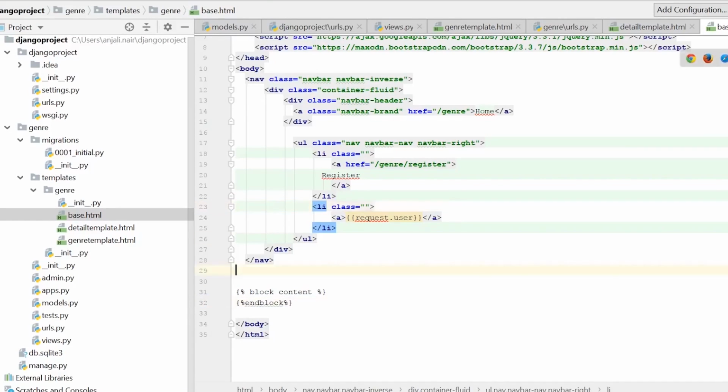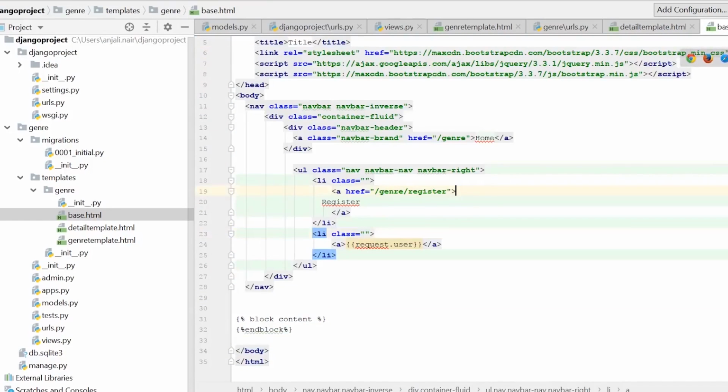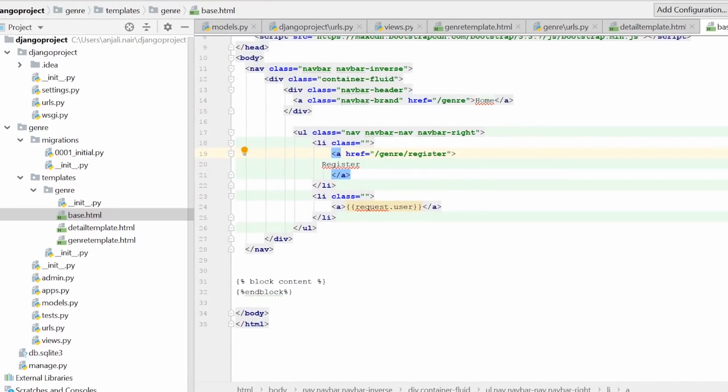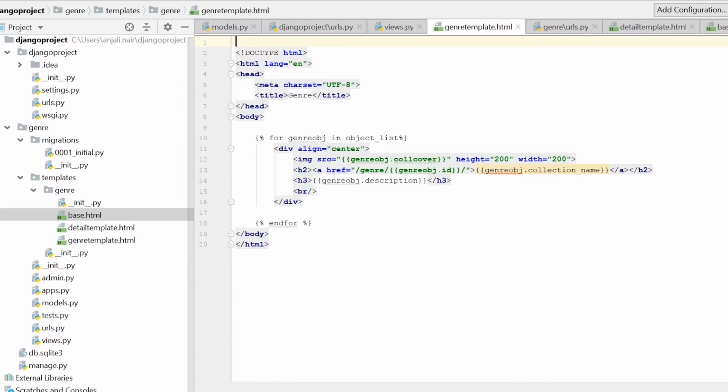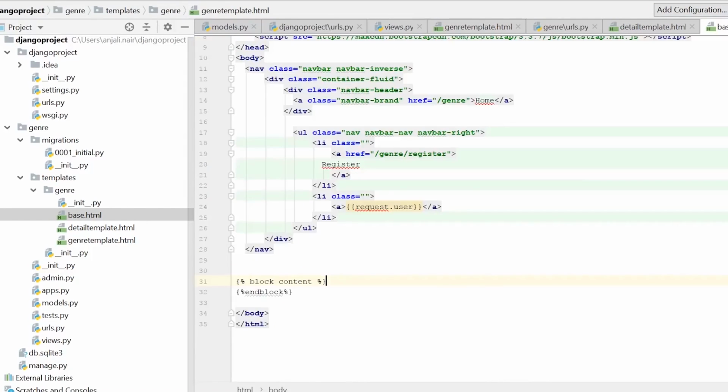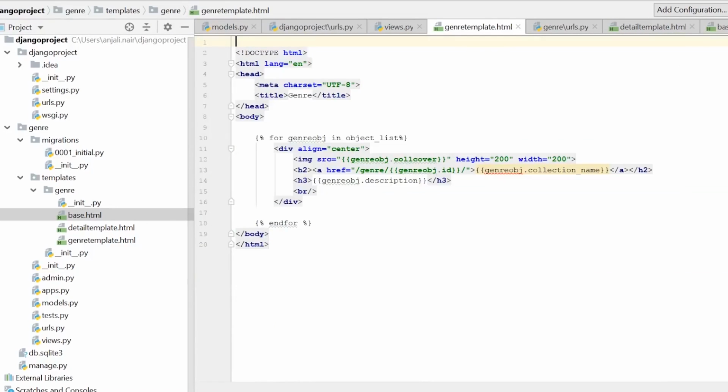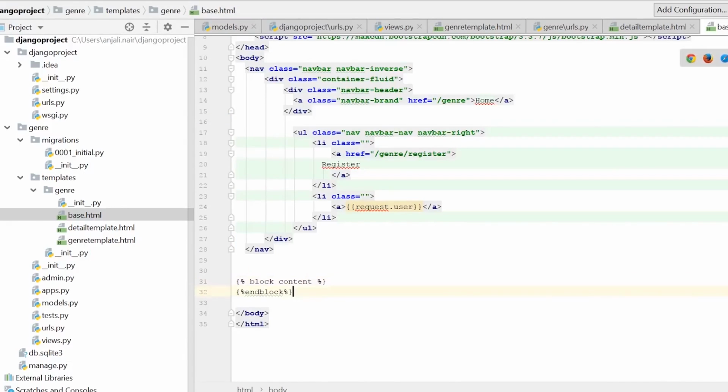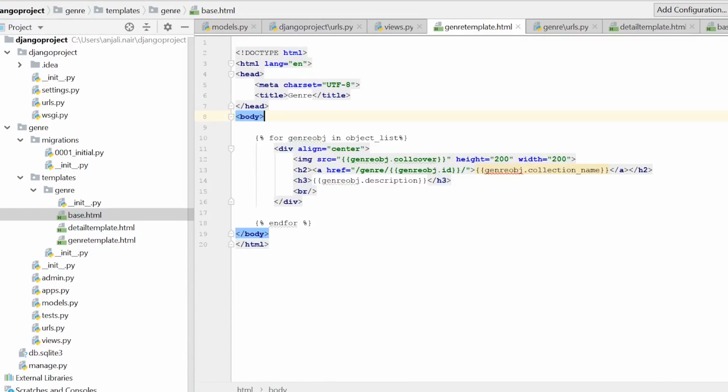So basically, this entire part creates your navigation bar, but you require this navigation bar to be present in multiple pages. So here, when you say block content and end block, it's basically the content that will fall in each of the pages. So if I go to my genre template page, I can simply include the base template here, and then everything inside the genre template page, all this instruction to actually create that page, will come under a block. So what we'll do here is we'll go to our template pages, and here we will extend our base.html